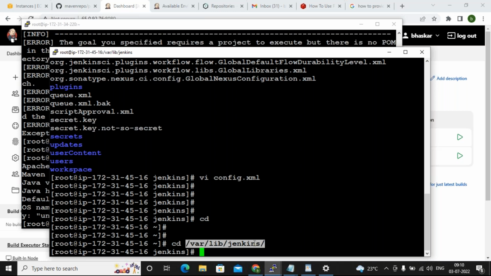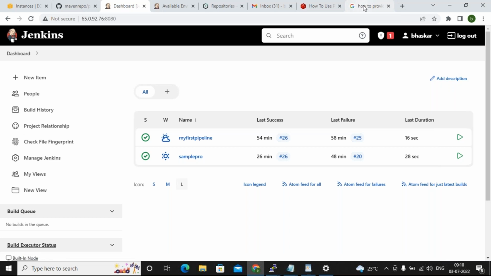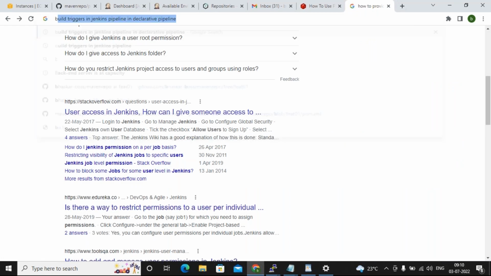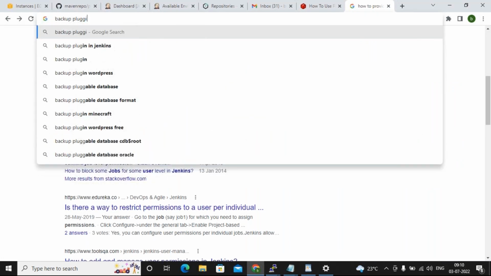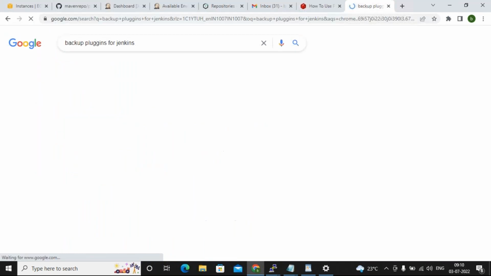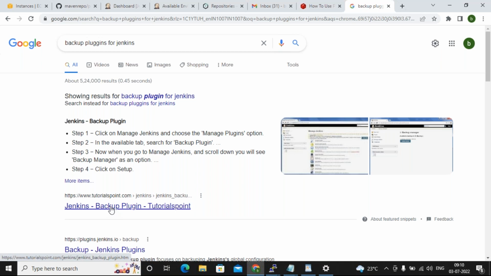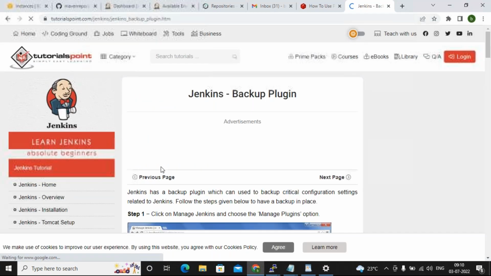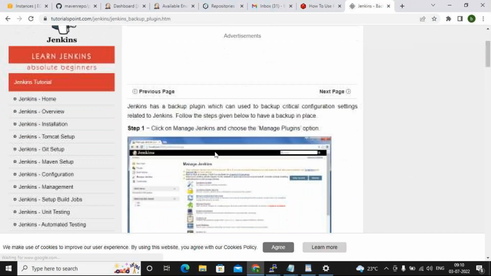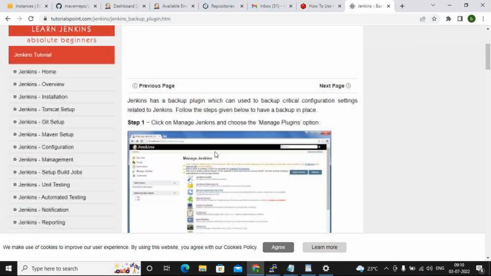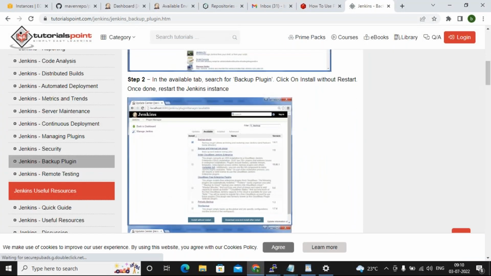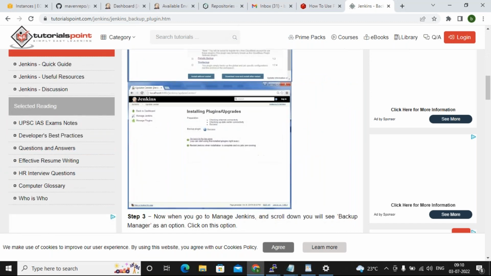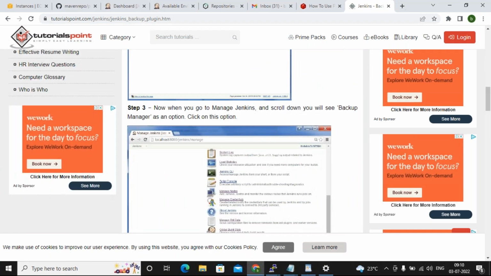Okay? So this is how you can do it, or else you can have some plugins also, guys. You will get backup plugins also. So automatic daily backups will happen. You need not do anything. If you install that backup plugin, follow this.